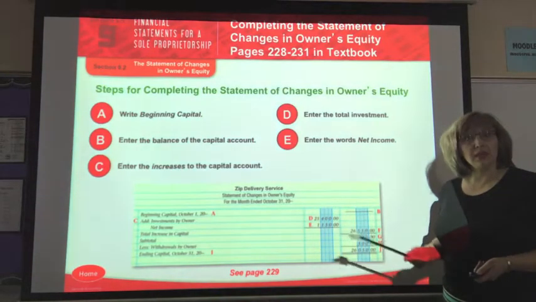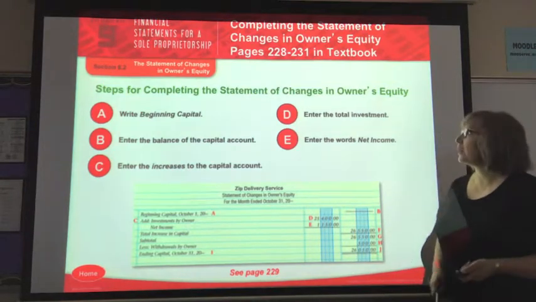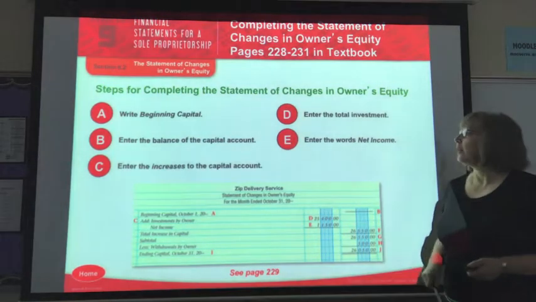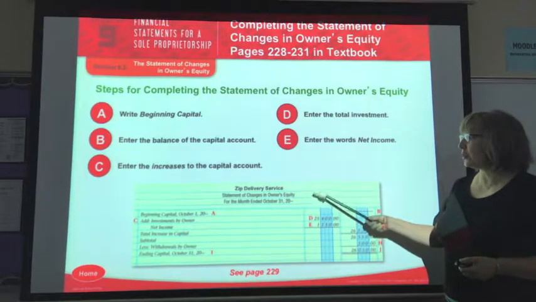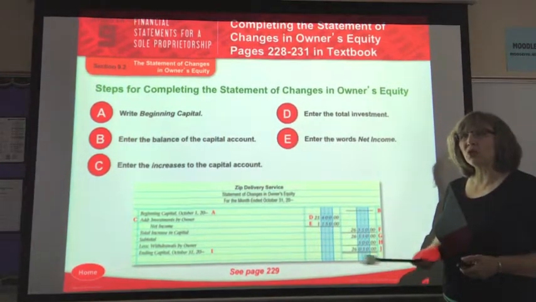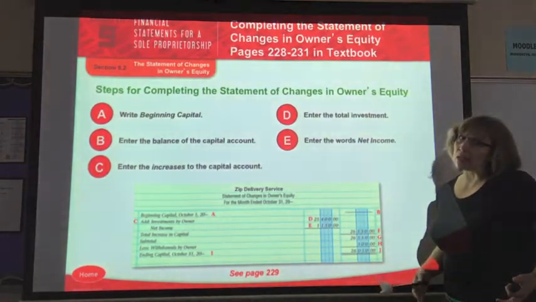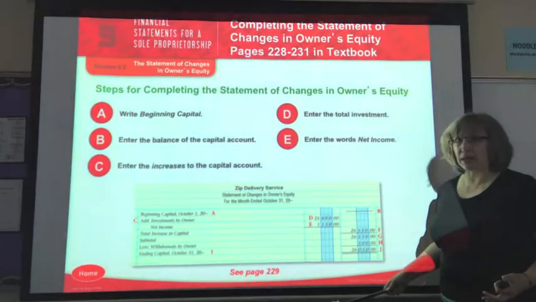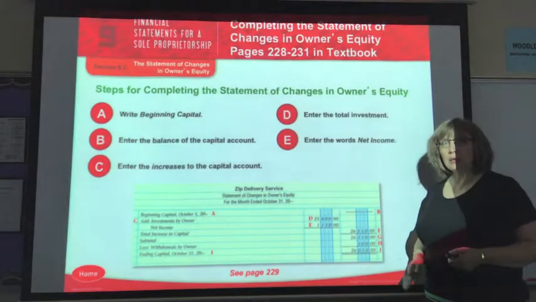Brace yourselves, because this is the more difficult of the two, or of the three, excuse me. This is your statement of changes in owner's equity. In this particular statement, we're going to demonstrate to the person who's looking at it how our owner's equity has